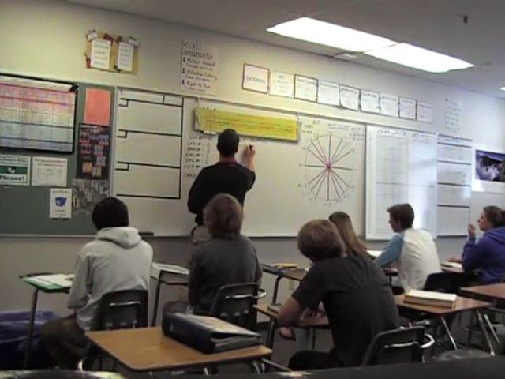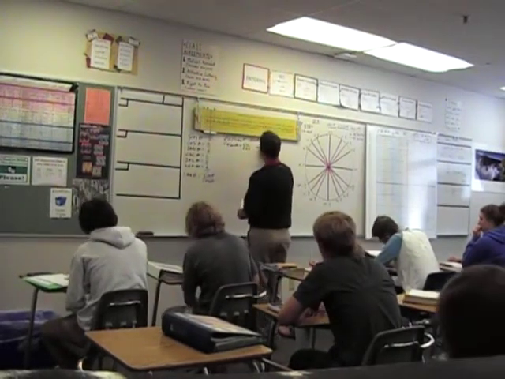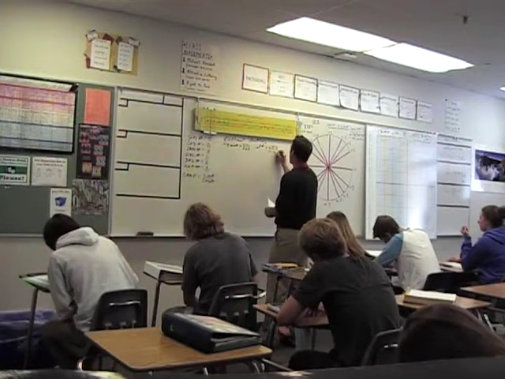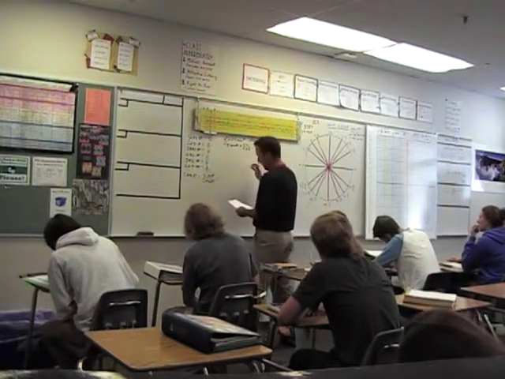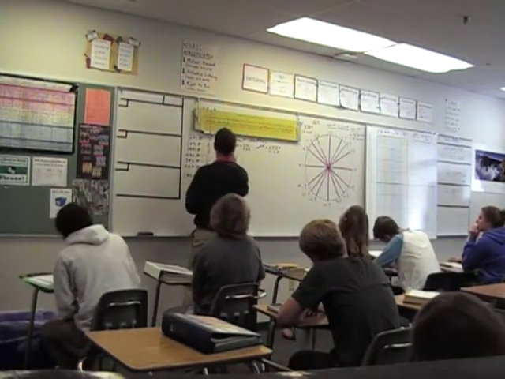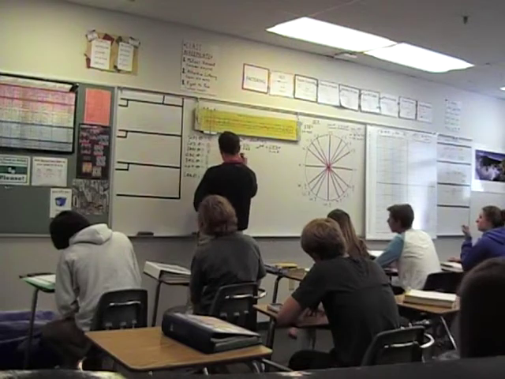This is the tangent, where you have sine over cosine. The cotangent is where you have cosine over sine. Which we already pretty much talked about. All of those others are called reciprocal